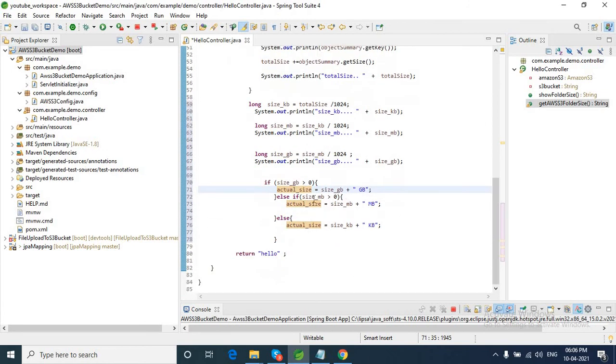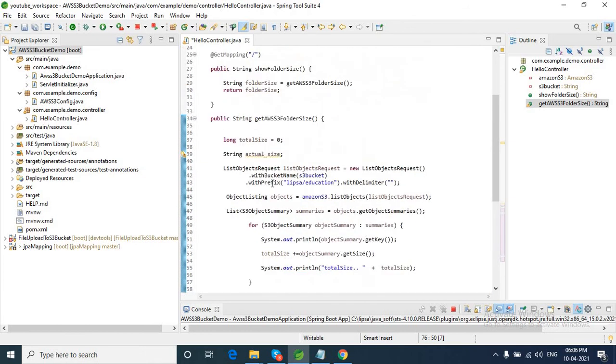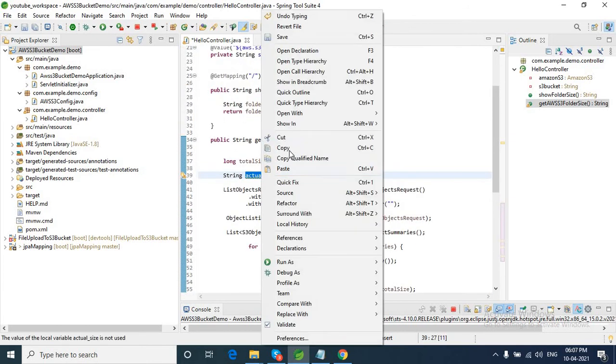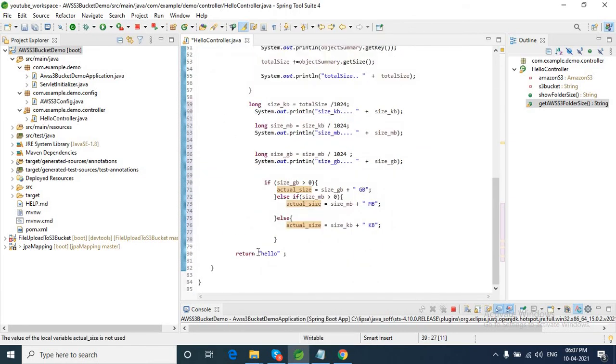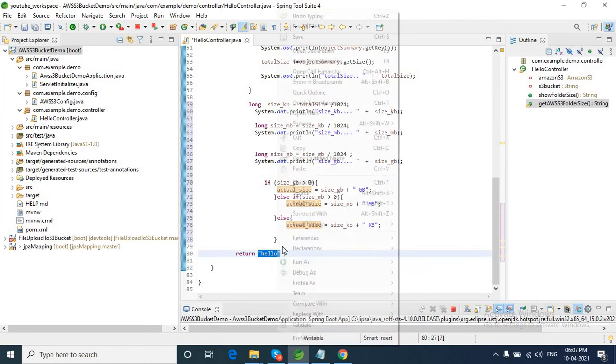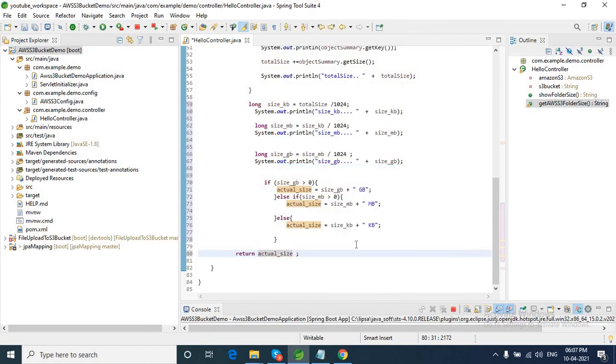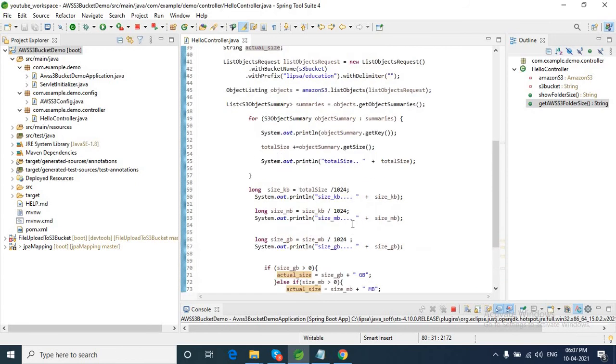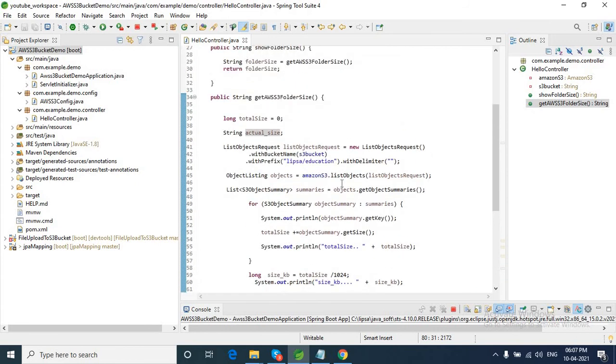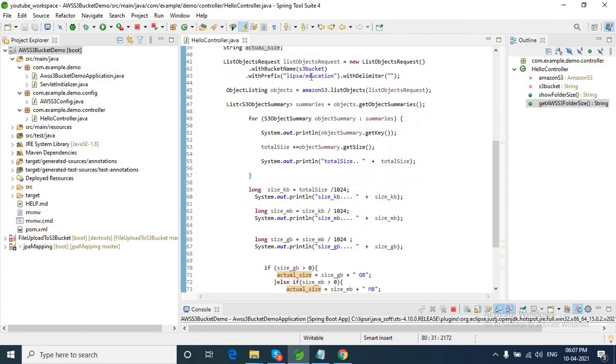Okay, then if size MB is greater than 0, then actual size is size MB plus append just MB. Else size KB plus append KB. Okay, so let me return actual size over here. Just save it. So this method will return me the folder size of education.